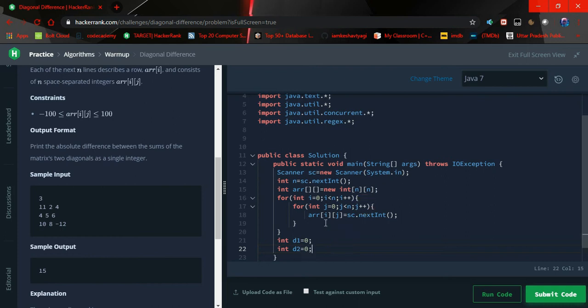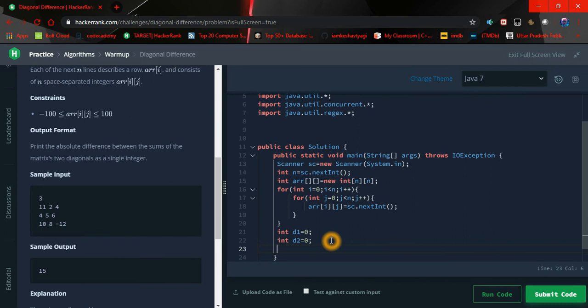So here d1 is the left to right diagonal sum and d2 is the right to left diagonal sum. And let's create one more variable, int result, which is going to be the absolute difference. Let's also assign the value 0 to it.